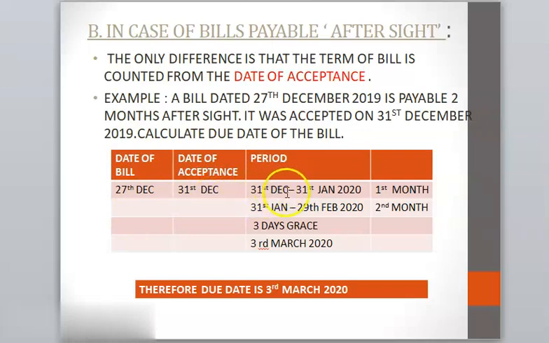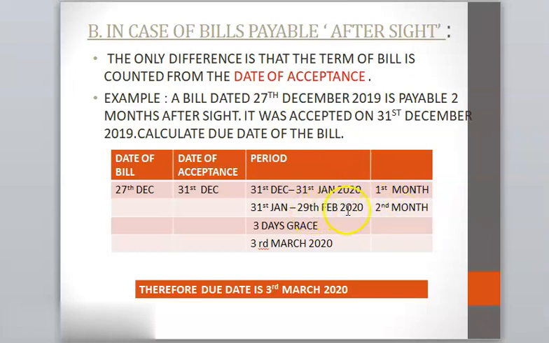So from 31st of December till 31st of Jan 2021 month. Now students, just check here 2020, and this 2020 is leap year, remember. Now, so first one gets over on 31st Jan, and now again from 31st Jan till 29th of February. This is our second month. See here, we have taken 29 days of February because it is leap year. So 2 months gets over.